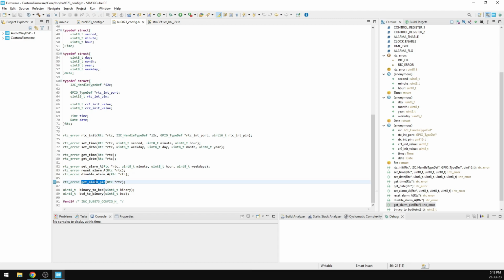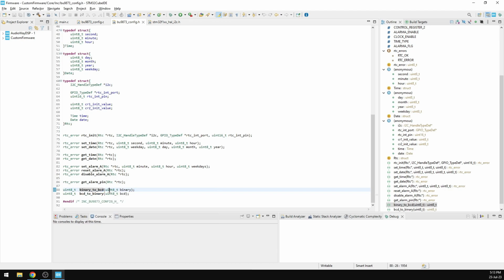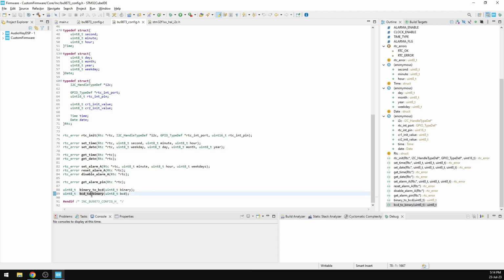Lastly, we're going to have a simple get alarm pin function that reads the GPIO of the interrupt pin. And as I said, in the datasheet you have to write BCD data to the time and date counters because the IC counts in BCD. So you have to take the binary value of day, month, year, etc. and convert it to BCD and then write it to the register counters. And if you want to get time and date, you have to convert BCD back to binary